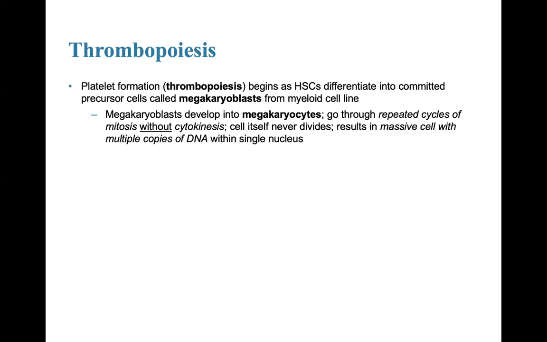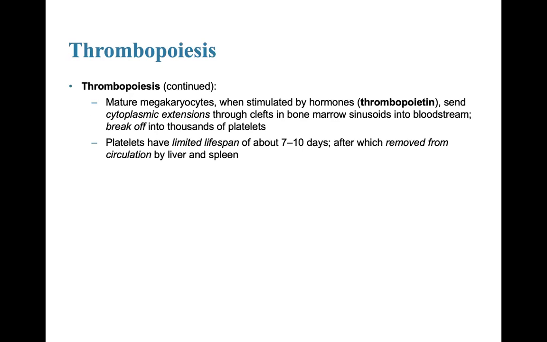The megakaryoblast will develop into megakaryocytes, which will go through repeated cycles of mitosis without cytokinesis. The cell itself never divides, resulting in a massive cell with multiple copies of DNA within a single nucleus. The mature megakaryocytes, when stimulated by a hormone called thrombopoietin, will send cytoplasmic extensions through the clefts in the bone marrow sinusoids into the bloodstream. And what happens at that point is the big megakaryocyte will break off into thousands of little pieces, which are